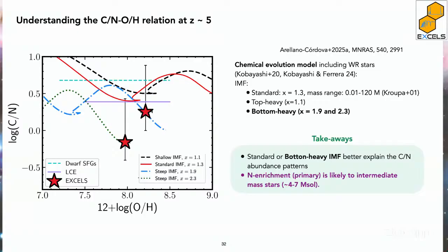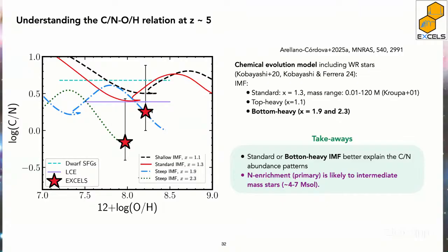We tried to play with a different range of IMF, but these galaxies are relatively high-metallicity galaxies, okay? This means that the nitrogen enrichment is primary, that the carbon that is produced there before forming nitrogen is basically from helium and nitrogen, but alpha processes. We have error bars here, as you see. We have very big errors, basically because we need the ionization correction factors for both elements. We have just two galaxies.